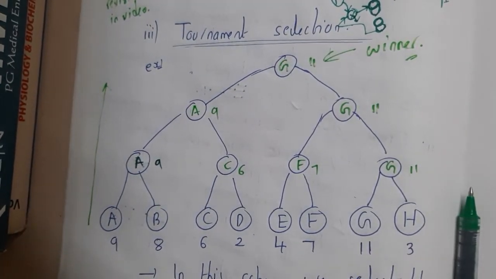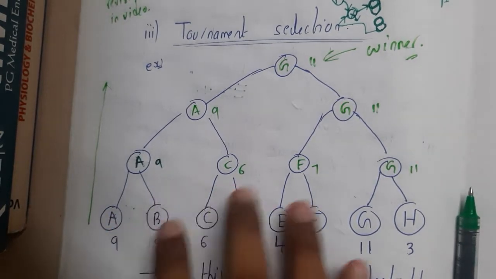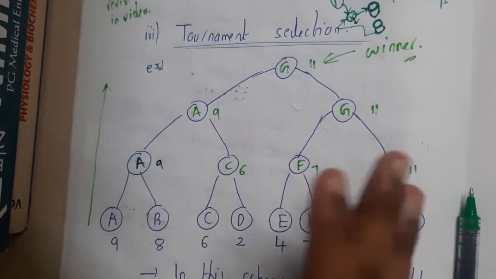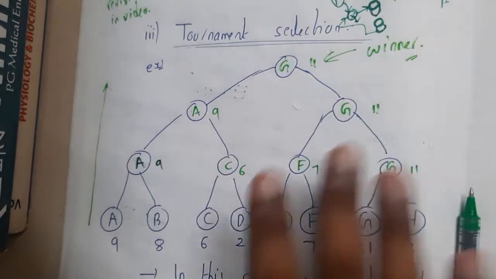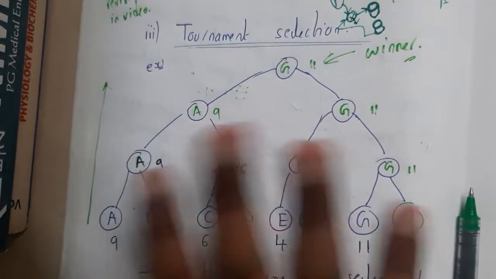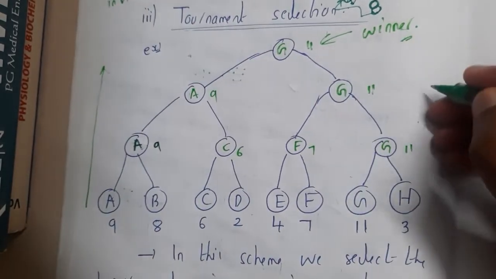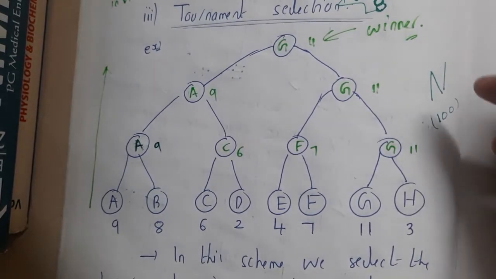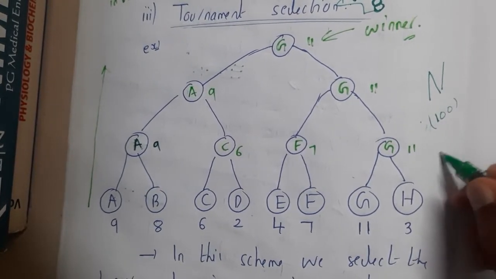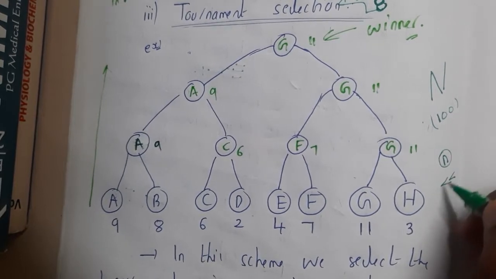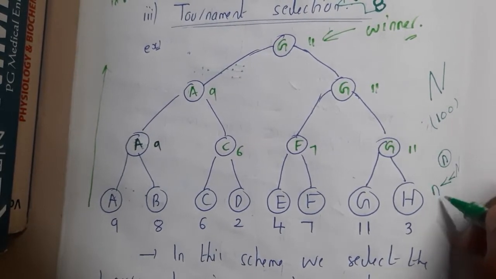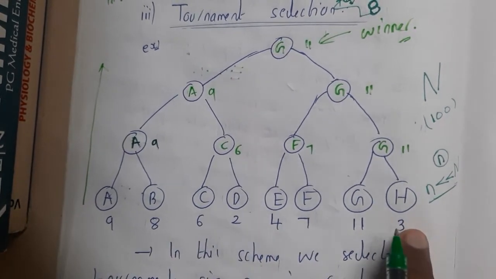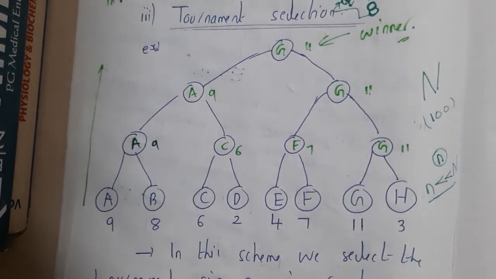Assume that there is a tournament going on. Based on points you need to decide who is the winner. Or you assume that the scoreboards have already been given, but you want to find who has the maximum value. Any of these examples will work. In this situation, if you have a capital N number of items, assume in an example 100 items, you will select any small n examples, where small n is very much less than capital N. In this example, we took only 8 inputs, whereas the entries in our total list are 100.